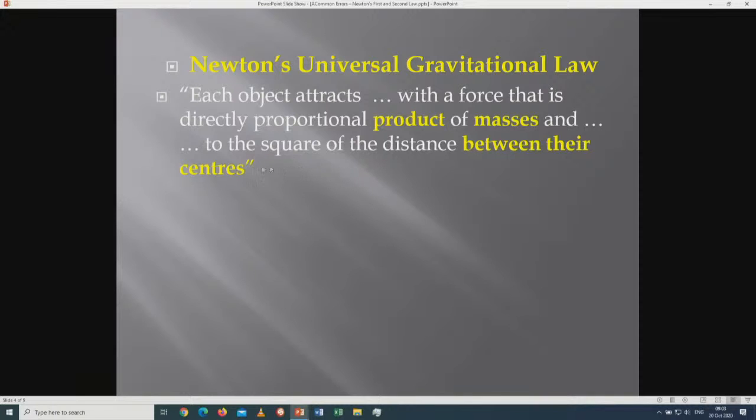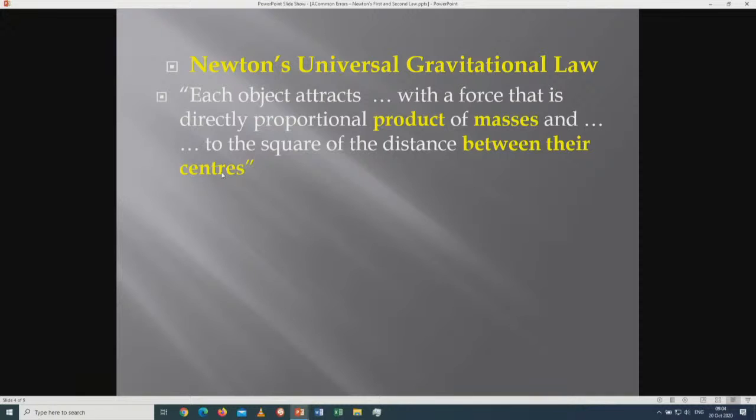inversely proportional to the square of the distance. And because you are normally working with big objects, you must use the phrase between their centers. You can't use the phrase the square of the distance between the objects, because the Earth has a massive radius and you can't work from the surface of that object. So very important, in Newton's gravitational law, you must end off with inversely proportional to the square of the distance